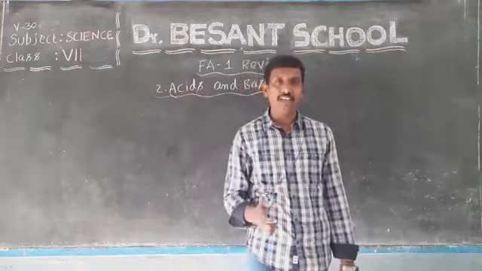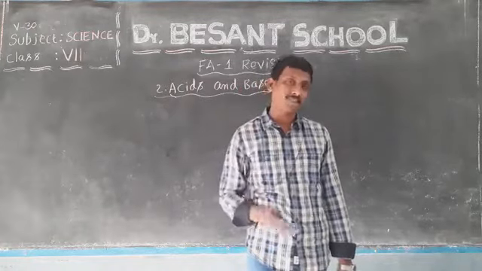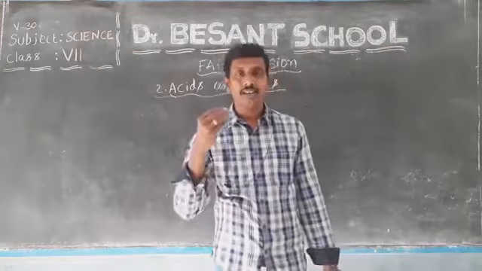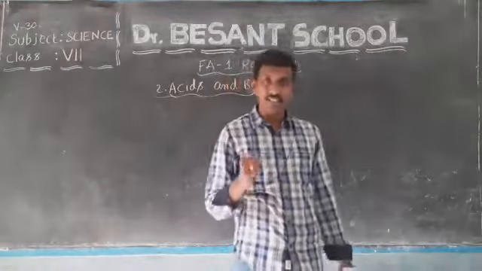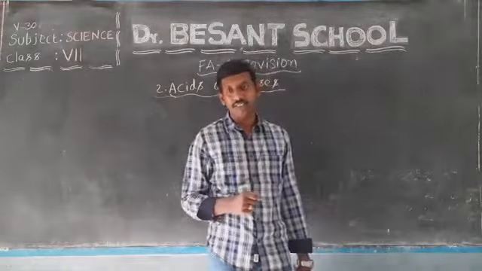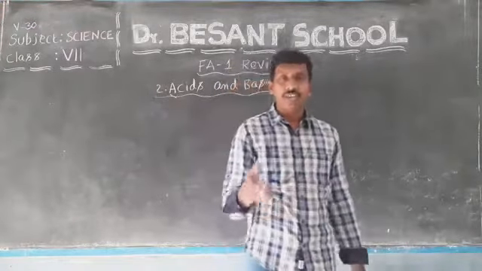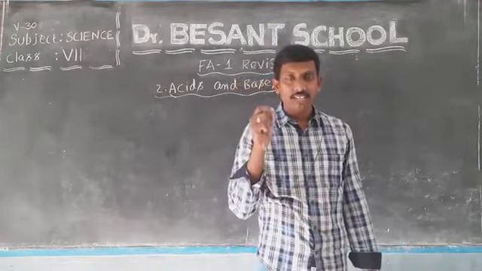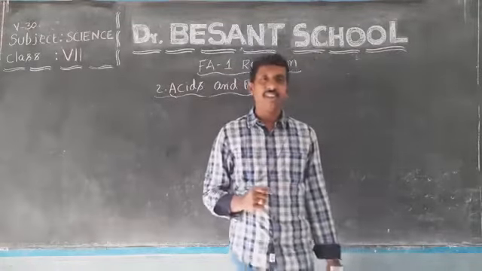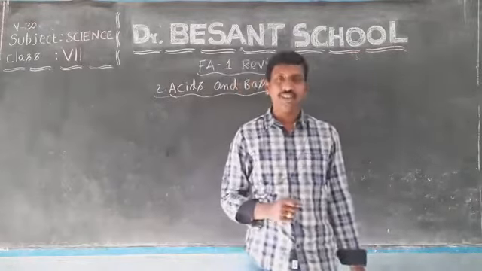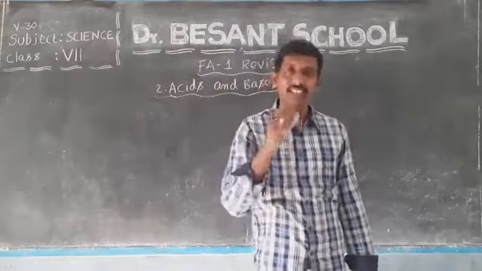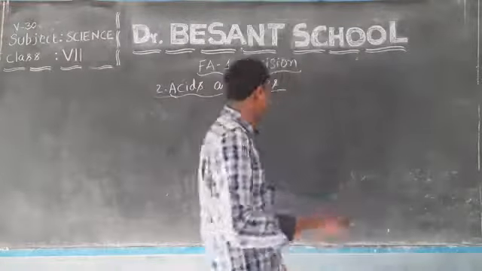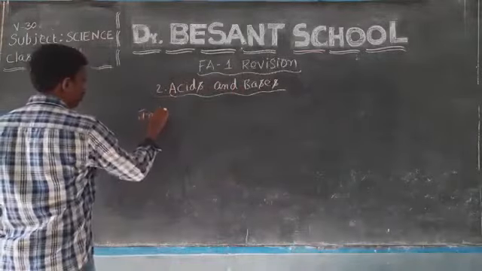Now, when coming to our lesson acids and bases, this lesson is mainly based on classification of substances based on their taste and based on their change of color. That is also one more important thing we have discussed. Now, we have a substance called an indicator. Why is it called an indicator? Because it changes its color when another substance is added. That's why it can be used as an indicator, and these indicators are of two types. How many types? Two types. What are they?